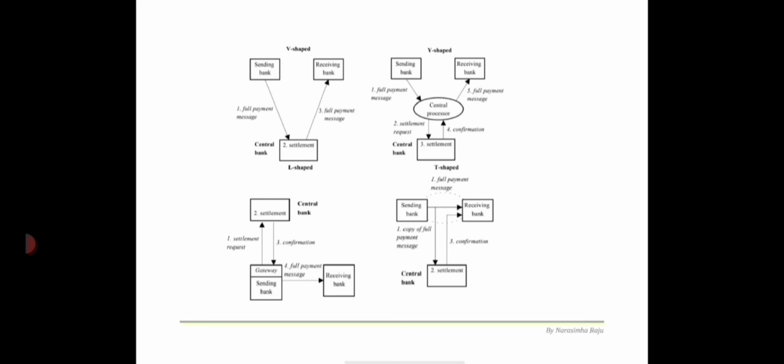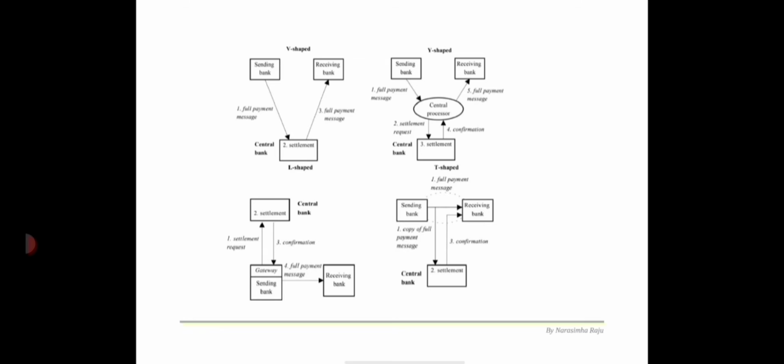If the sending bank has sufficient funds on its account, settlement is completed and the central bank sends back a confirmation message to the sending bank's gateway. Upon receipt of this confirmation, the original payment message is released automatically from the gateway of the sending bank and sent to the receiving